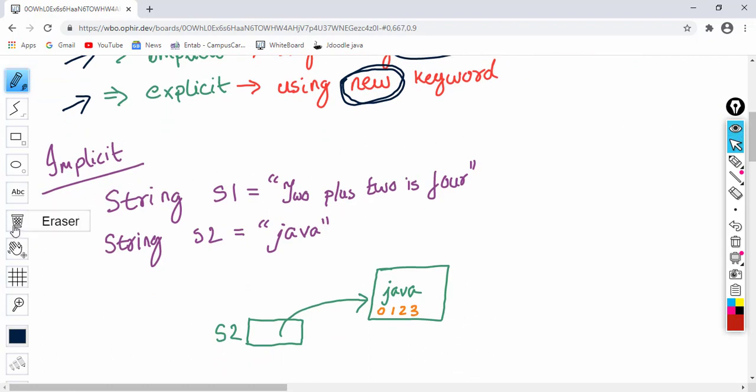So let's see the implicit way first. Here you can see I have declared s1 variable whose type is string. So this s1 variable is in fact a reference variable.